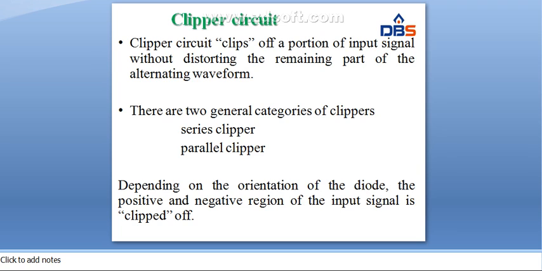So we'll see what a clipper is. Here the clipping of a waveform is the most common technique applied to the input signal, to adapt them so that they may lie within the operating range of the electronic circuits. The clipping of waveforms can be done by eliminating the portions of the waveform which cross the input range of the circuit.